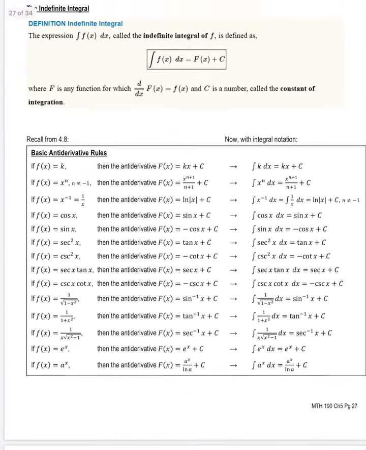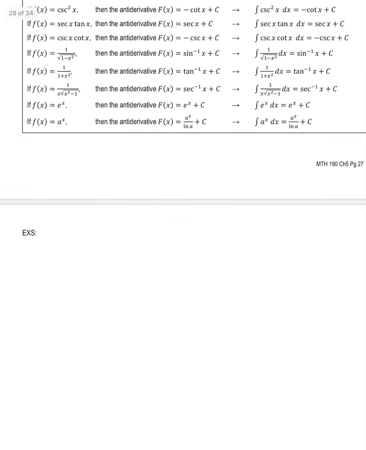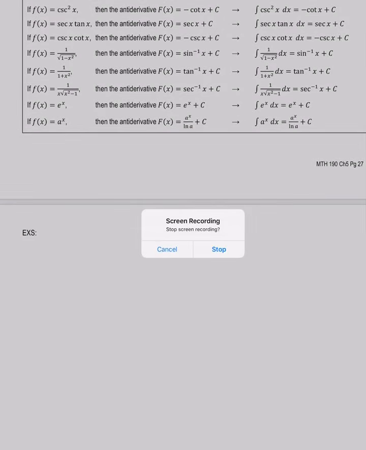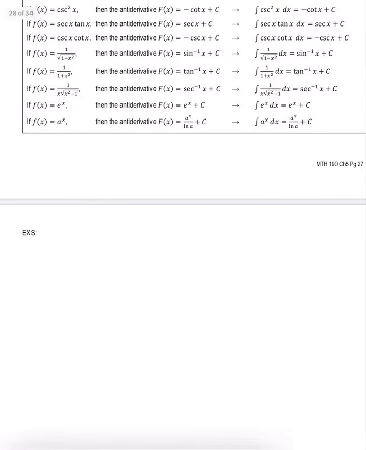So our first few examples here, we're just going to get warmed up and use our new notation to evaluate some antiderivatives that would be like problems we would have seen in section 4.8. So let's start with example number 1,